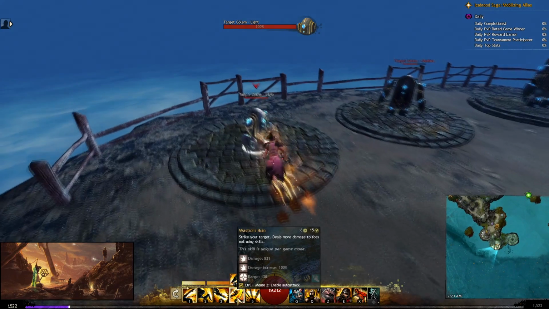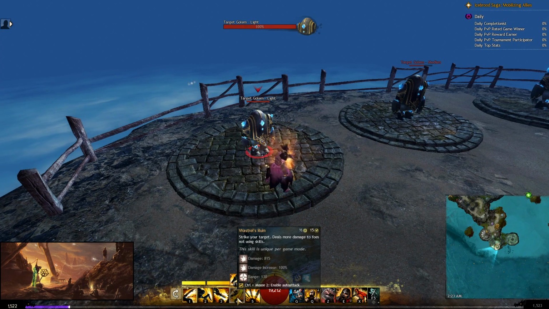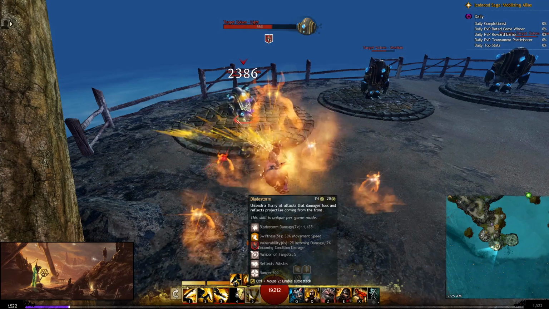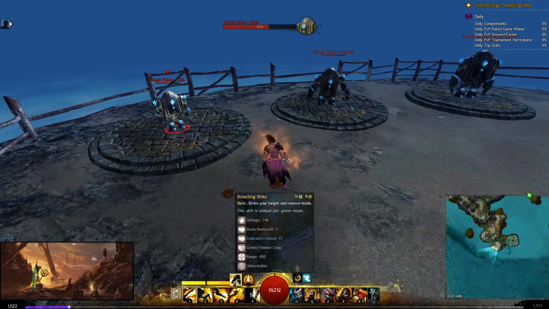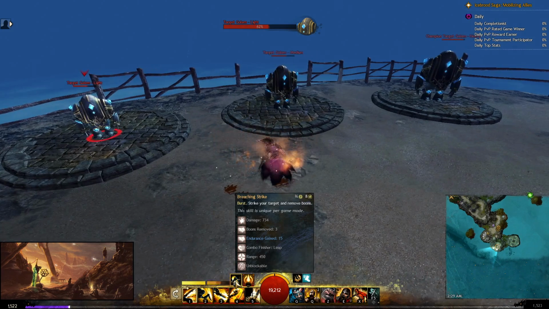This does more damage to foes who are not using skills, so if they're CC'd, then they will take a lot more damage from this. And then there's also Blade Storm, which will do a projectile reflect in front of them and just do a bunch of different hits. The Dagger Burst skill, though, is an unblockable attack which will leap towards a target and